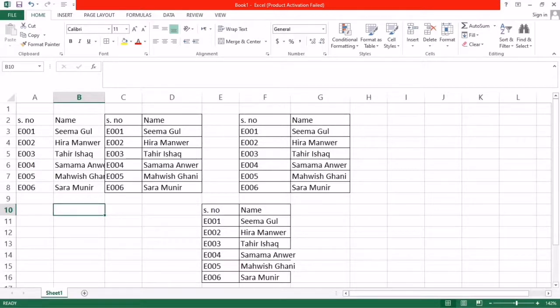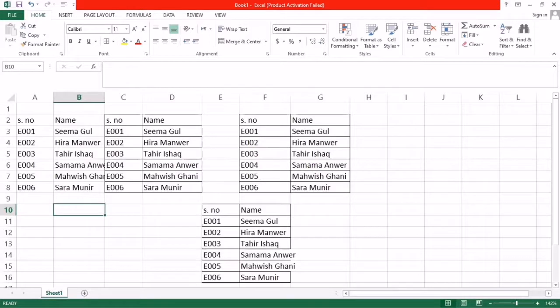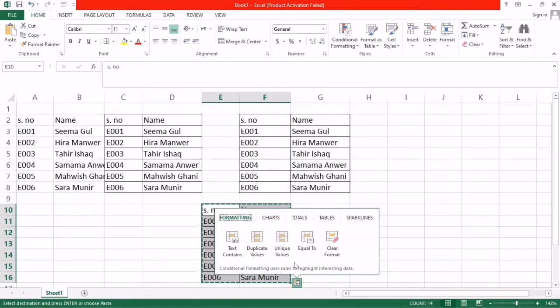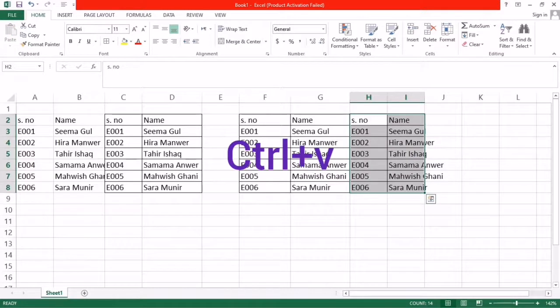Our last point on this topic is about moving a cell or moving contents. For example, these are all copies, the same copies appear, but I don't want this here, so I select this, and again there are two options from the keyboard. I use Control and X, which means cut. After this, if I want to place it here, Control plus V, it appears here and is removed from there. It means it moves from these cells to this side. This is the move option.